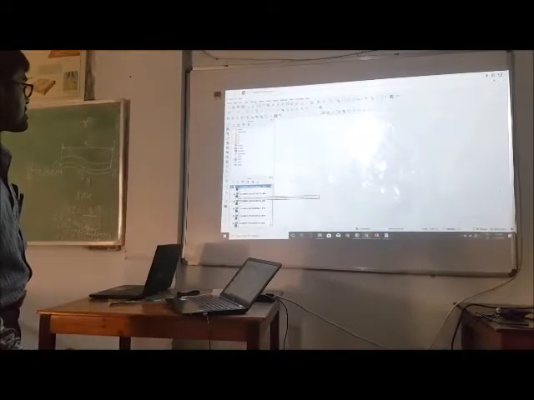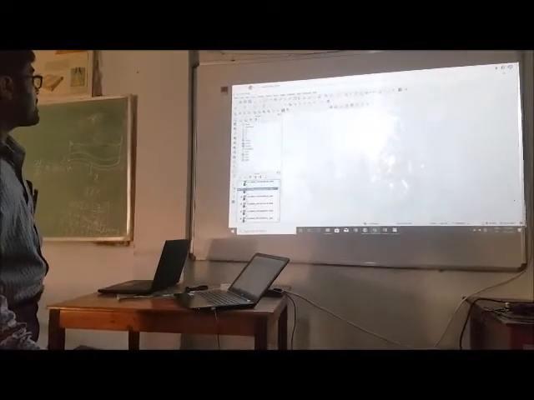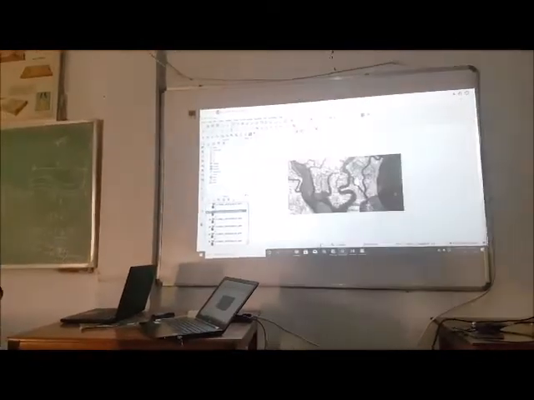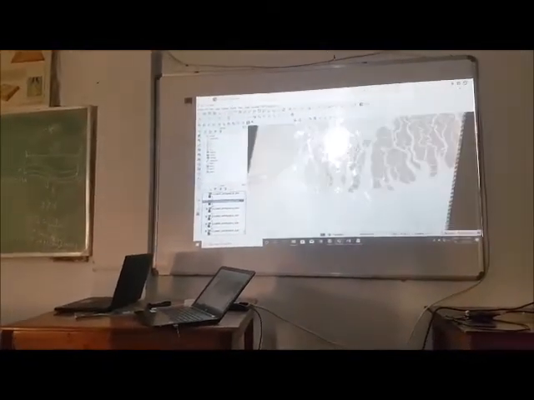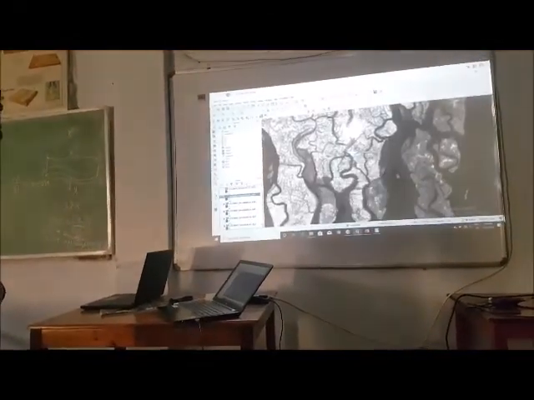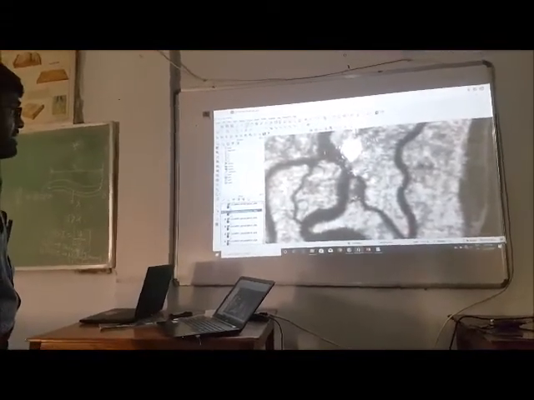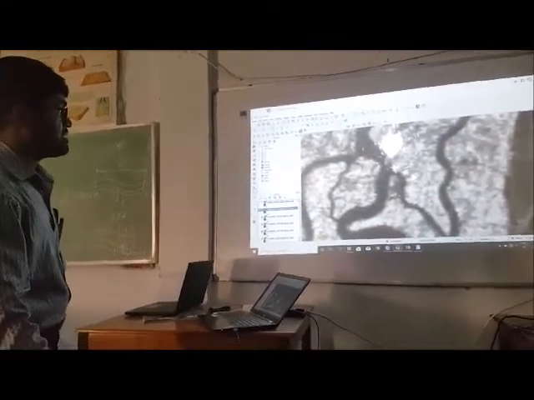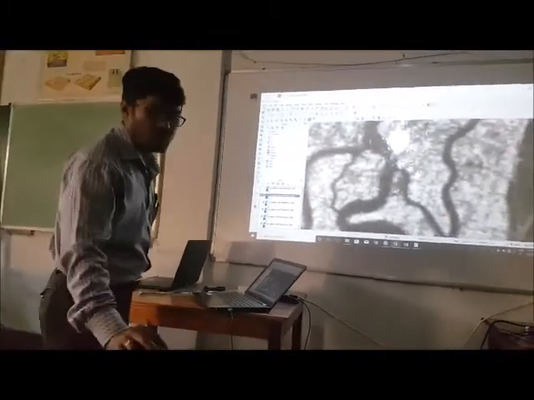This is band 6. If we enhance this part, this is the thermal band, and here you see the bright value is in the bare part, and the water body part is black due to low temperature.